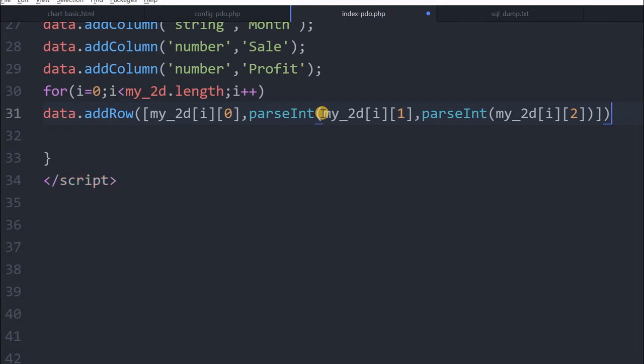Just be careful about the brackets. Again I missed it here. Okay, here I missed a bracket, that is why it's showing the error. Okay, so these brackets are fine.